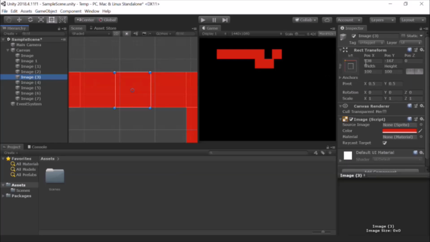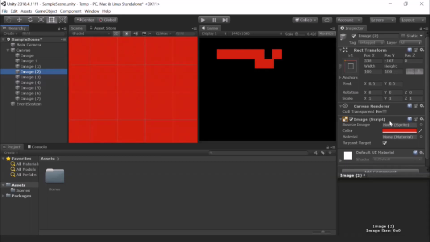In here you can directly change its position, width, height, anchor points, rotation, scale. Remember that the anchor point is always relative to the canvas, so it's not available for other game objects, which we'll be seeing in later videos. Anchor point is only for the UI elements, and it is always anchored with respect to the canvas.